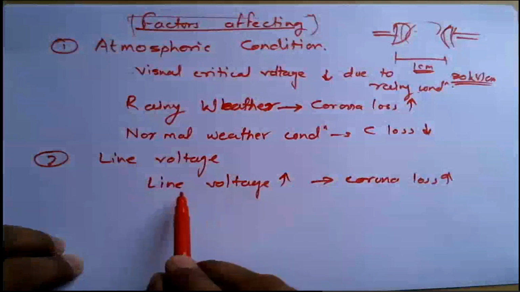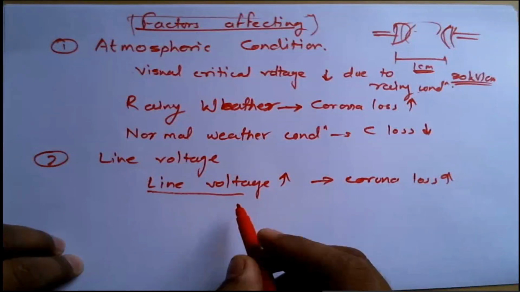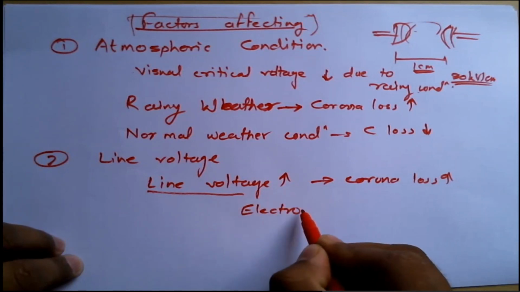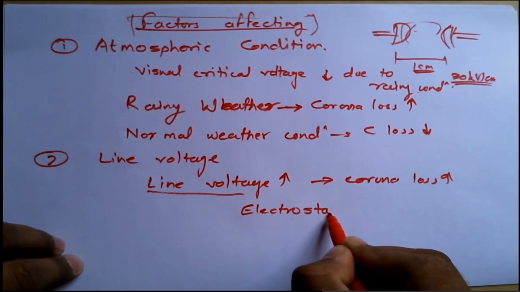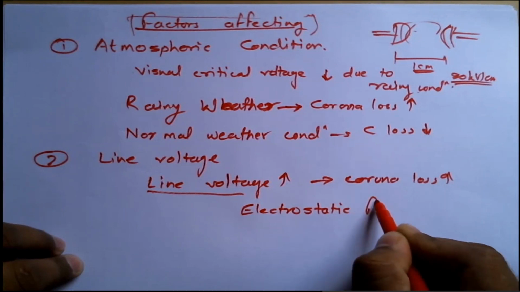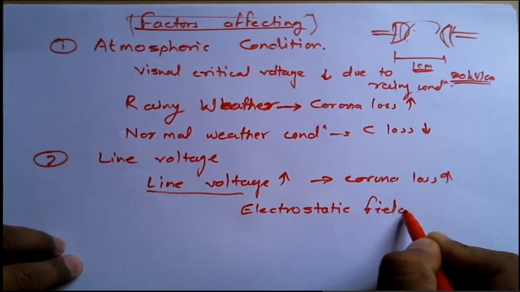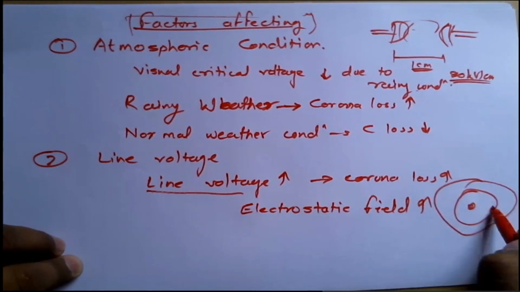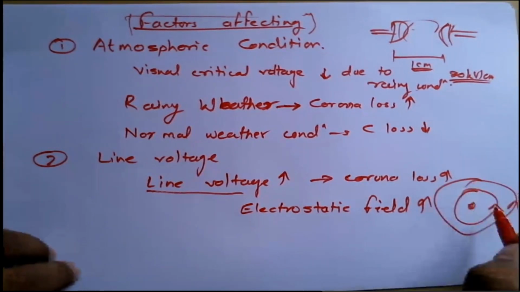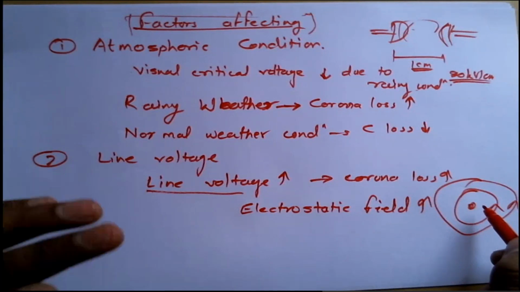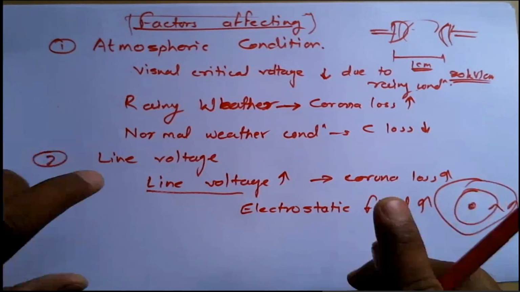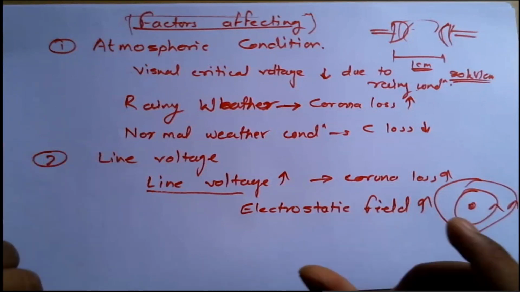It is straightforward: line voltage increases means the electrostatic field near the conductor will increase. See, this is the conductor. The electrostatic field near this conductor will get increased, and if it is beyond 30 kV per centimeter, that is the electrostatic field between these 2 points,